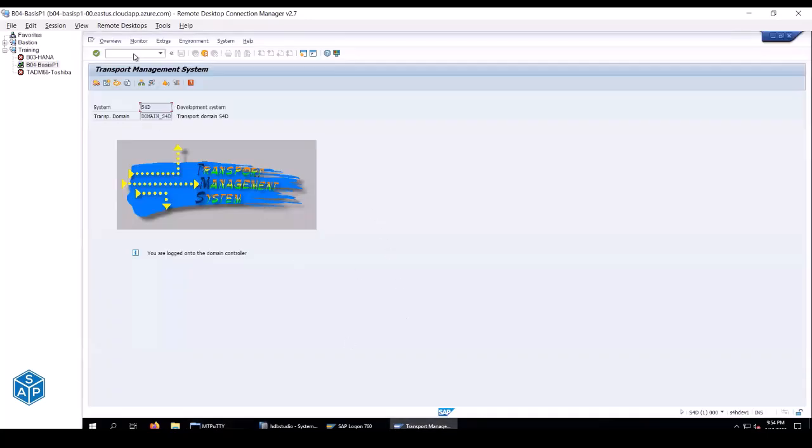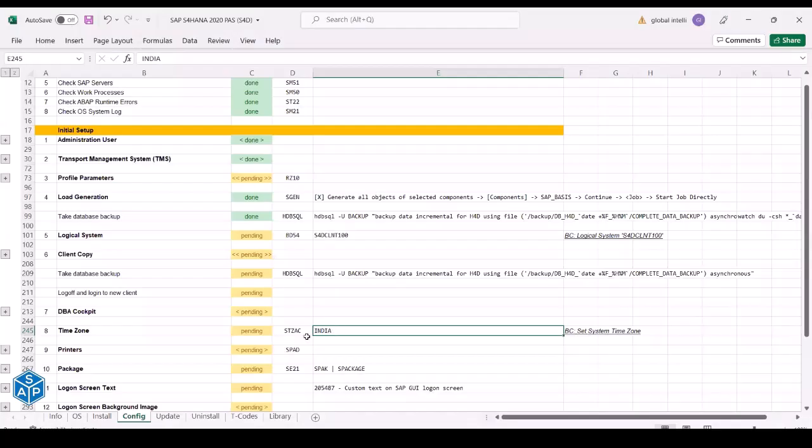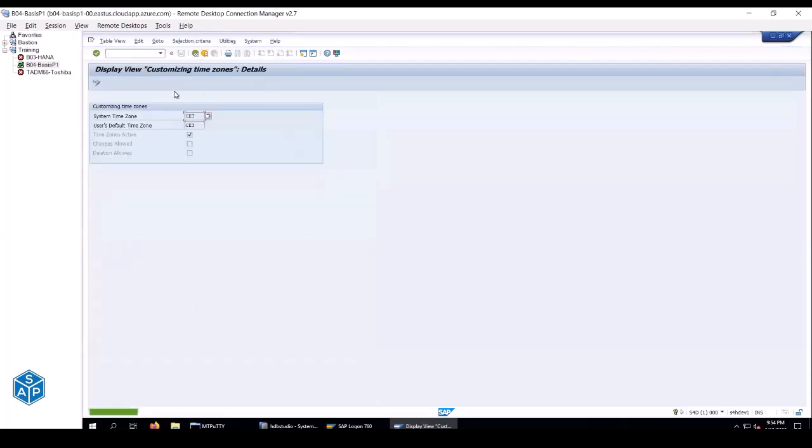I come back to my main screen. I run this T code STZAC. C is for change. If you don't want to change anything, you can run STZAD. It will only show you the read only screen. In this screen, you cannot make any changes unless you click on this change icon. If you click on the change icon, now you can